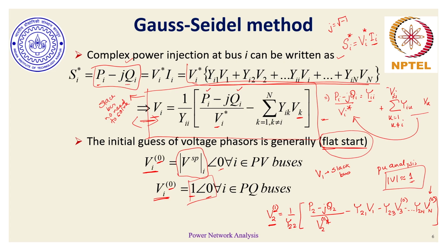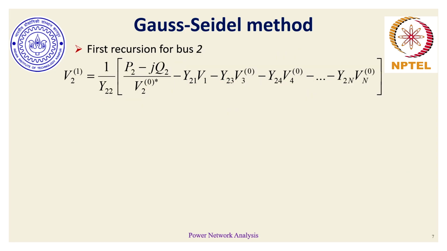All these voltages for all n voltages, when combined together, the way they are being solved, we are trying to solve each voltage at a time. So let me show you the next slide. So for V2, I would get V21 based on the prior values of voltages known on the right hand side. Once the first recursive value of V2 is known, I can move on to the next bus number, which is